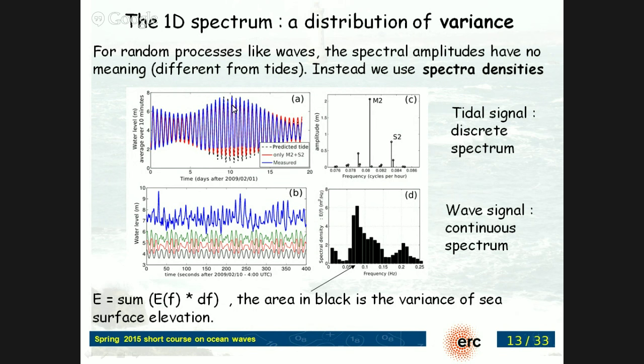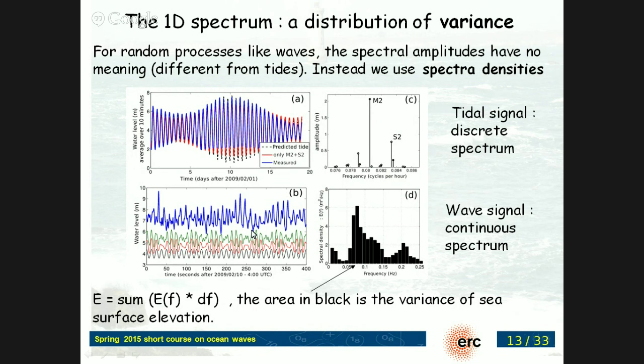Now, if you're looking at a wave record, if you zoom in on this time series, on this peak here, and you zoom in for only a few minutes, it's a pressure record. And here it's not regular. It looks a bit random. Some small waves, some big waves, all sorts of oscillations. You can try to build up this time series by summing a few components, but you'll never get close to it. If you have only one component, you get this sinusoidal wave. You get two, you get these wave groups, and with three it's a bit more irregular, but yeah.